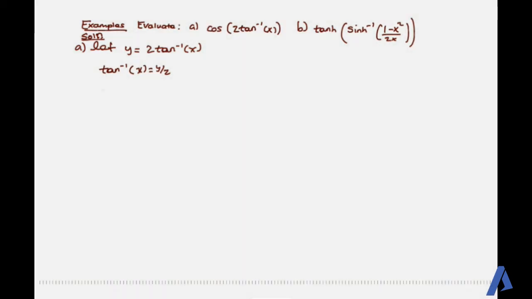This implies that x is equal to tan of y over 2. ከዛ ድጋሜ let y over 2 is equal to theta. ስለዚህ x is equal to tan ቴታ እኛ የምንፈልገው ምንድነው cos y ነው የምንፈልገው ማለት ነው። ለዛ ራይት አንግል ትራያንግል እንሰራለን።